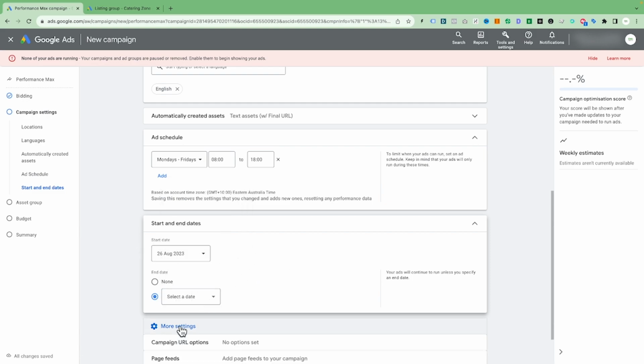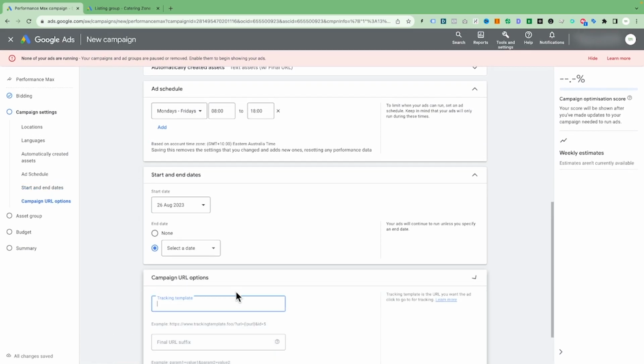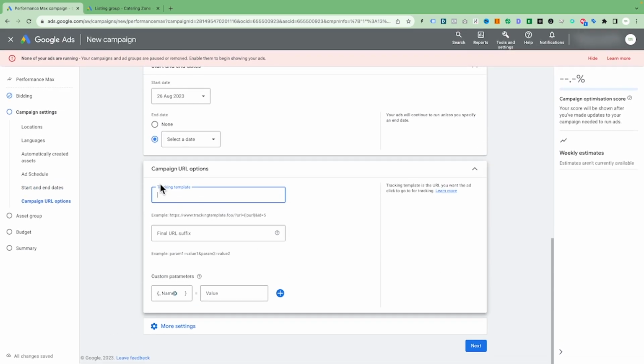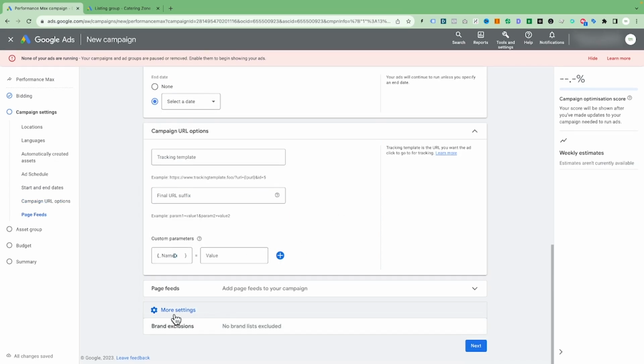Up here is the campaign URL option. This is any tracking template you want to add in here. If you want to see what sort of keyword, campaign, or asset group is bringing you the result, so you can track it in your Google Analytics, then you need a tracking template here. You can put it in here, and then you can test it out. Then there is brand